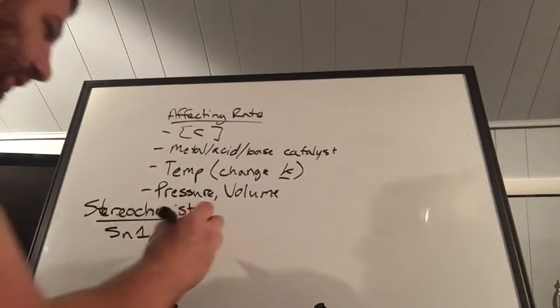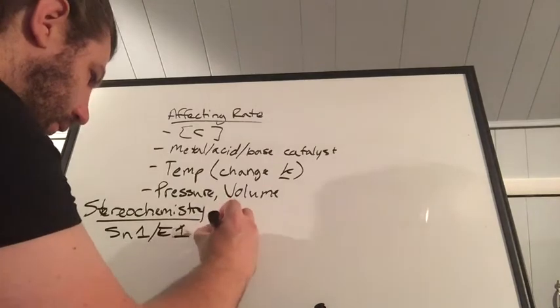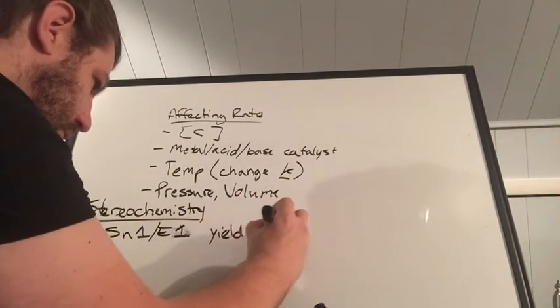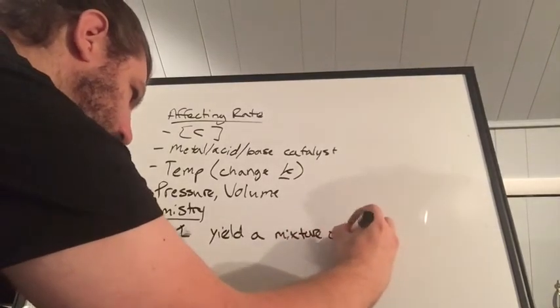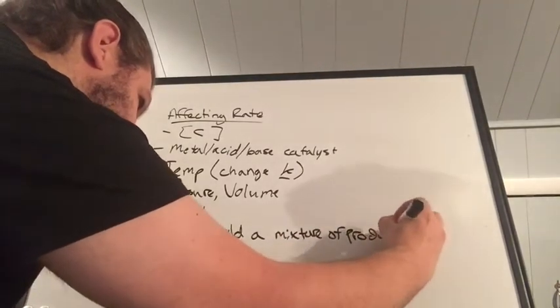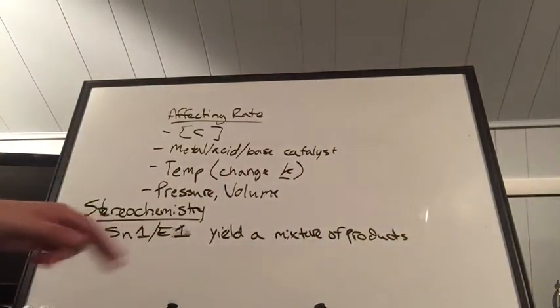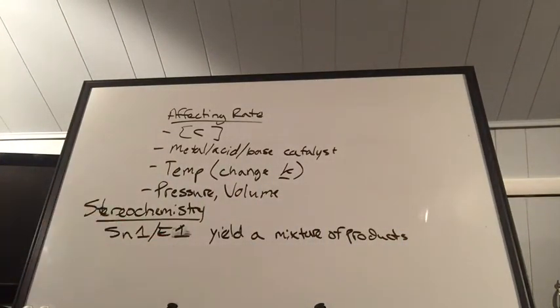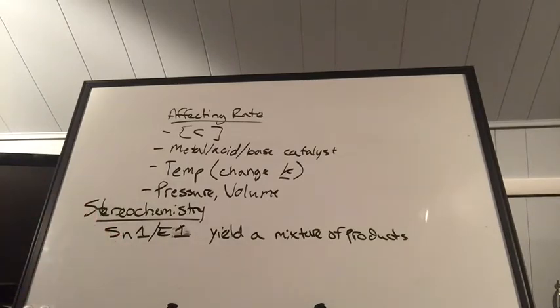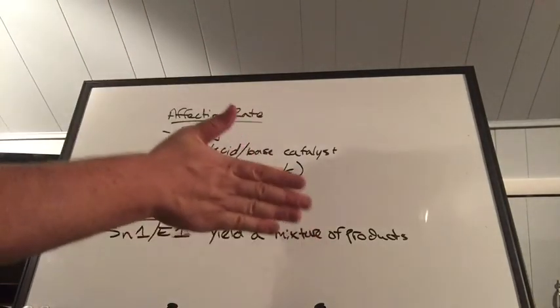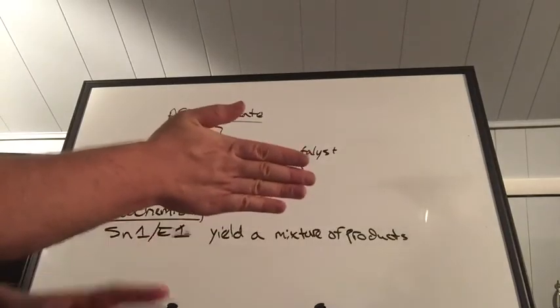Okay, so you're going to yield a mixture of product. So let's say you'll have different alkenes from E1, like we saw before, right? So we have some major and minor products, some more thermodynamically stable than others, and then for SN1 you're going to have a racemic mixture of R and S, right? You still have that carbocation intermediate that's flat like a sheet of paper, either into or out of,